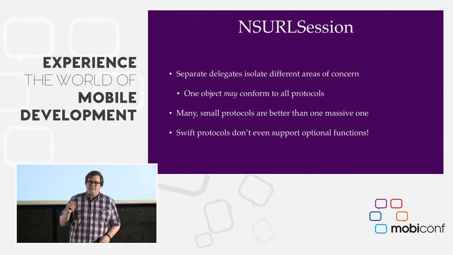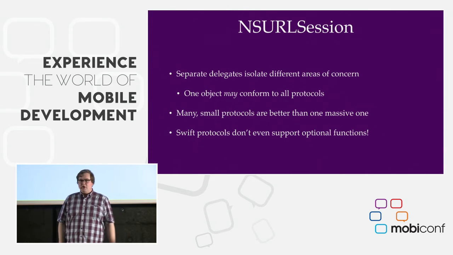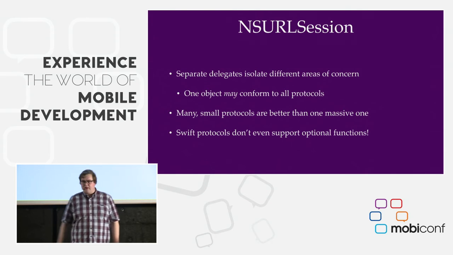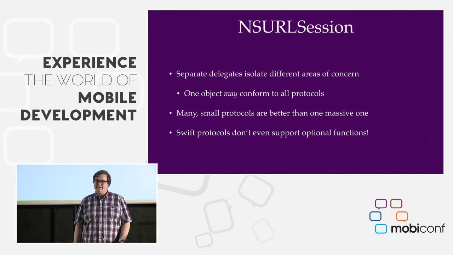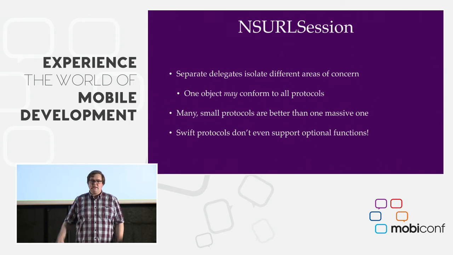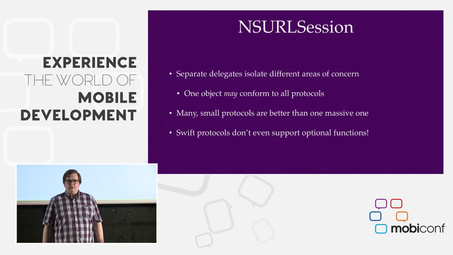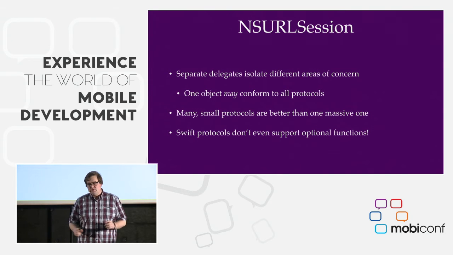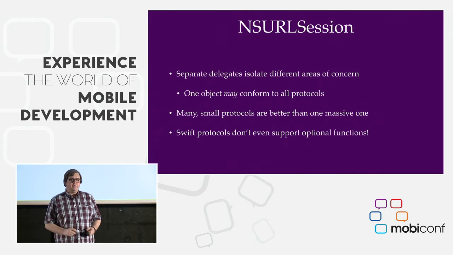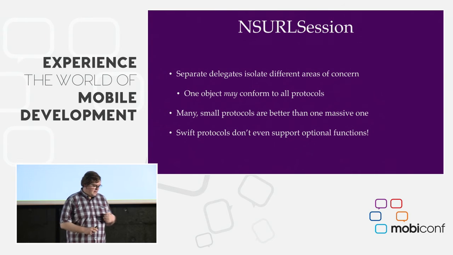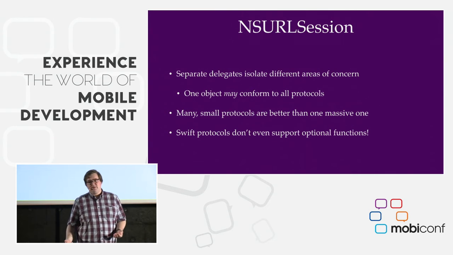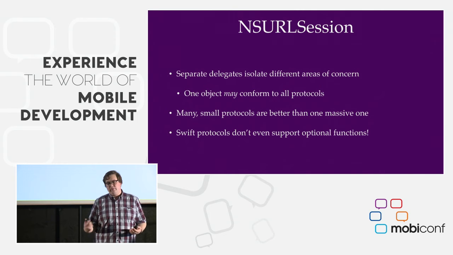More importantly, 3 objects could conform to them, and 1 can be left out. If you don't care about the progress of your download, but you only care about the data you're receiving, then you don't need to implement the progress delegate. That's pretty cool. You can pick and choose the areas of concern that you're interested in and only implement the logic for those. Yes, you can do this with iOS, with protocols in Objective-C at least.